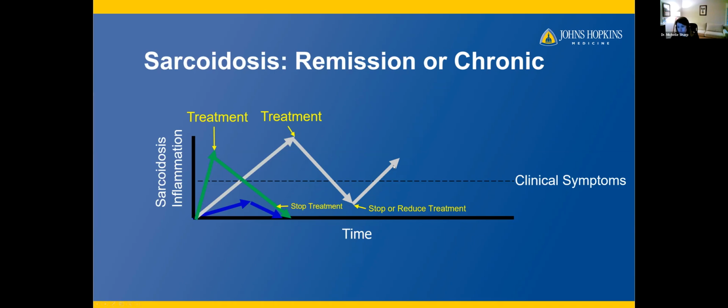Now, let's talk about in general, and I think this came up in the questions. If you're going to go into remission, and this is what I call the 95% rule, not the 100% rule, the likelihood is that you'll go into remission in the first 2 to 3 years. And so if this individual here develops symptoms again, and let's say we're at year 1, likely we would consider treating them again to get their clinical symptoms under control and reduce their inflammation.